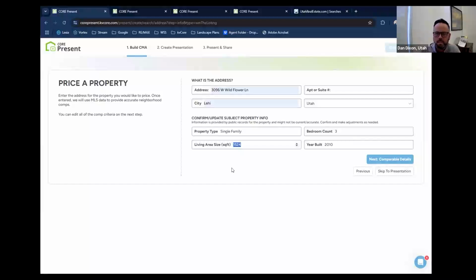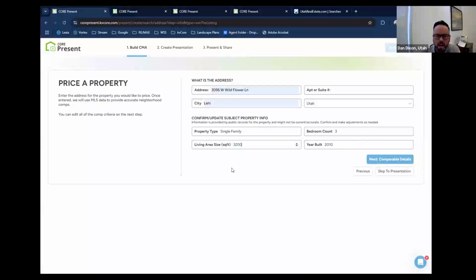So this property is a rambler. It has a cold storage, right? And so when we list on the MLS, we often include our cold storages as part of the living square footage areas. So this number, I can't simply double it. I'd have to double it plus some. Now, if I didn't know this property had cold storage, and I didn't add that in at this point, it wouldn't be that big of a deal because the way the square footage is bracketed, within 50 feet or 100 feet, it's going to be pretty darn close.